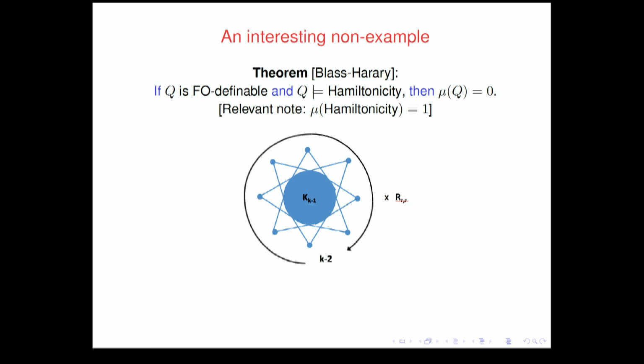Now the crucial property that this has is that if you take any k-1 points in this graph, then there will be one extension, one common neighbor. And this follows easily, because if you take all these k-1 points, then anybody here will be a common neighbor, the satellite. And if the k-1 points take one of the satellites, then anyone inside the clique, which must exist because you're only using k-1 and you're already using one of the satellites, will be a neighbor of everything. So every k-1 points have a common neighbor,